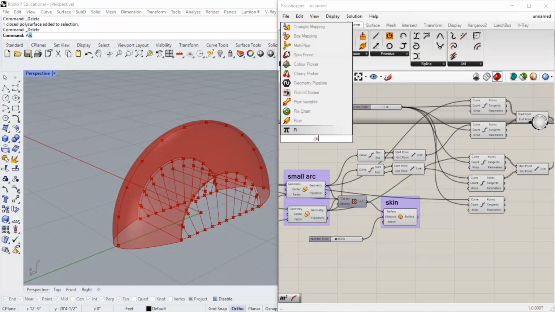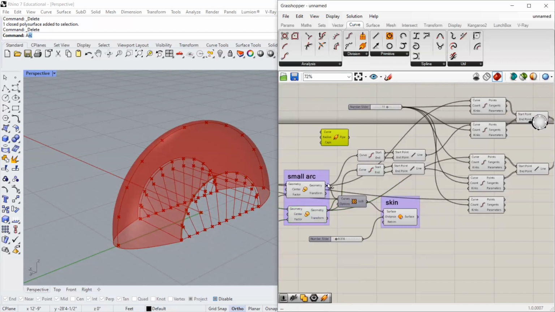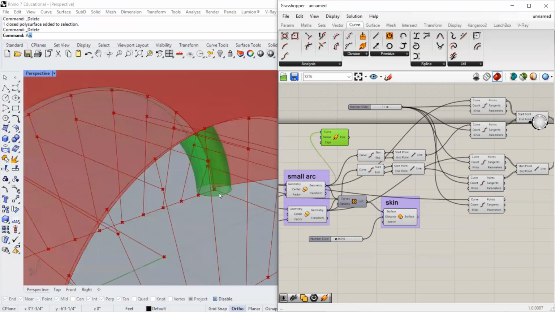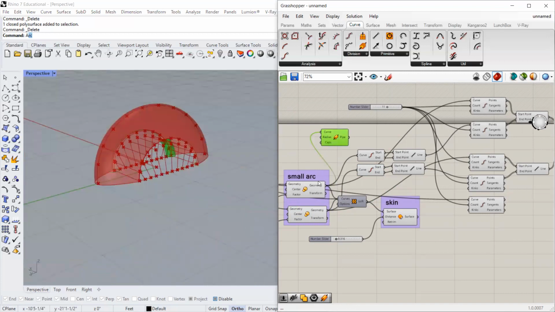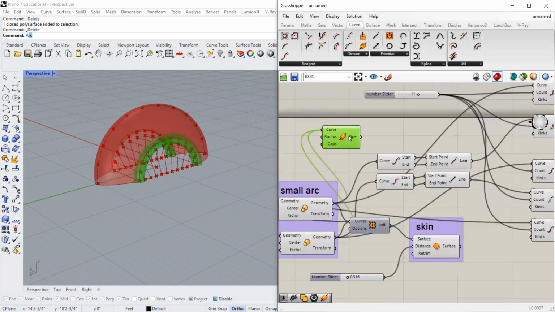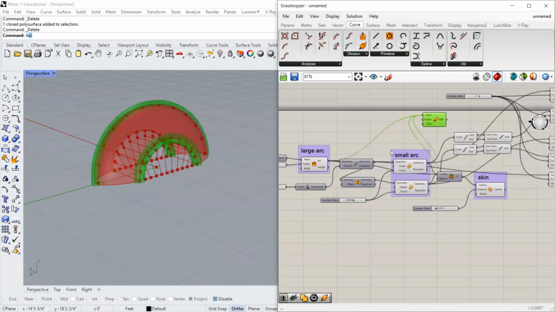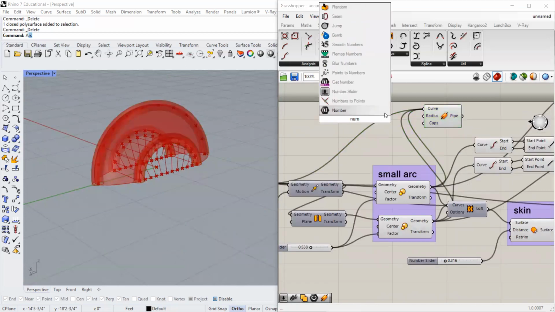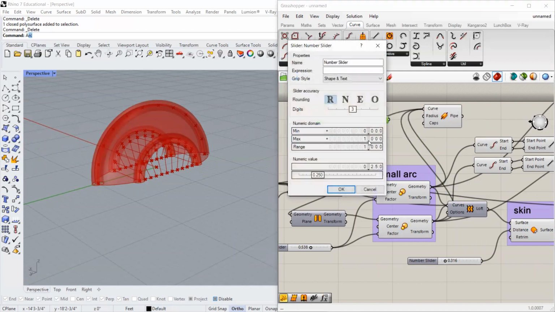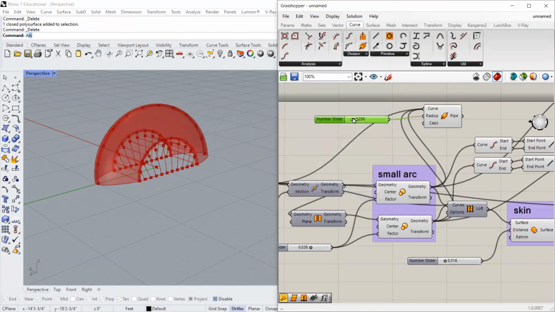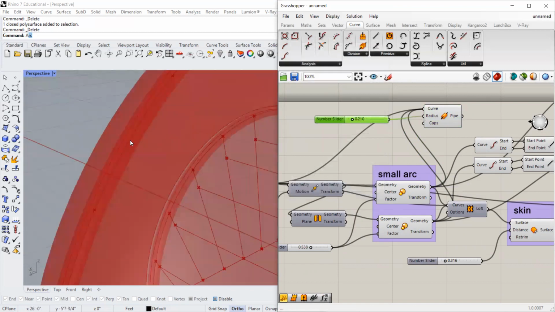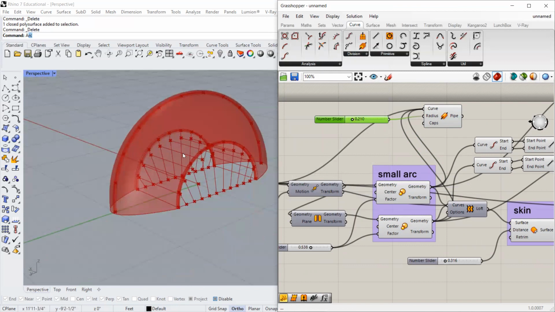So if I create my pipe commands and I start to plug my curves into it. Oops, got that one. Need to plug this one in. Starting to get a little ridiculous. Obviously, we don't want it to be that big. So we can add a number slider here. I'm going to make it 2. Plug the radius in there, and I can now adjust, maybe these are my main elements, my main pieces of